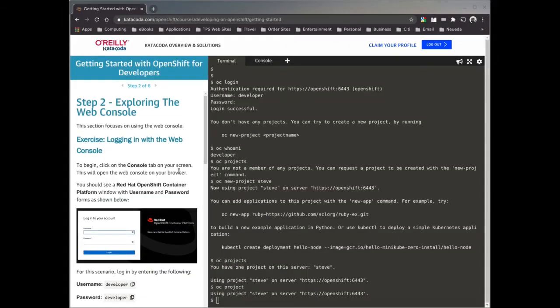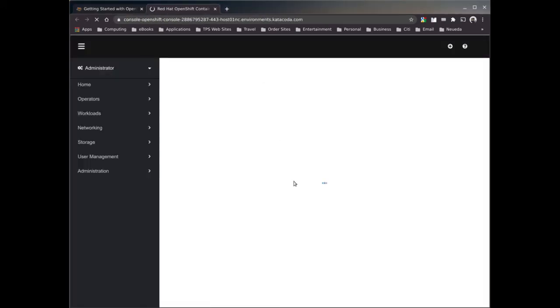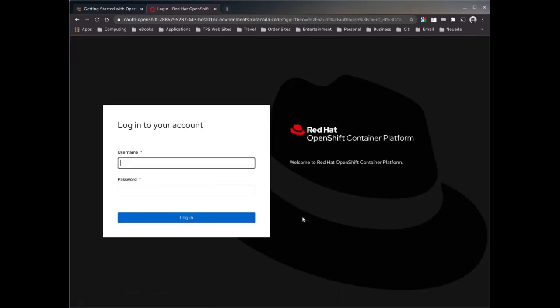Let's now take a look at how you access the web UI through Katacoda. From the terminal, you've got Terminal and Console tabs at the very top above the terminal. Let's click Console, and you'll notice a new tab opens up. And here we'll see the login page. So we'll log in as developer, with the developer password,